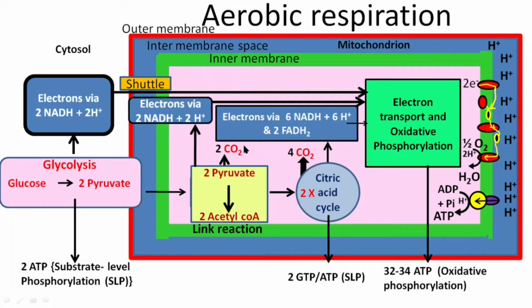Here in the matrix of mitochondria, 8 NADH molecules are produced, right? These 8 NADH molecules can transfer the electrons to complex 1, which is NADH dehydrogenase. From the name itself, we will know they are going to remove the hydrogen from NADH molecules. To reach NADH dehydrogenase, these NADH molecules in the matrix of mitochondria diffuse through the matrix.